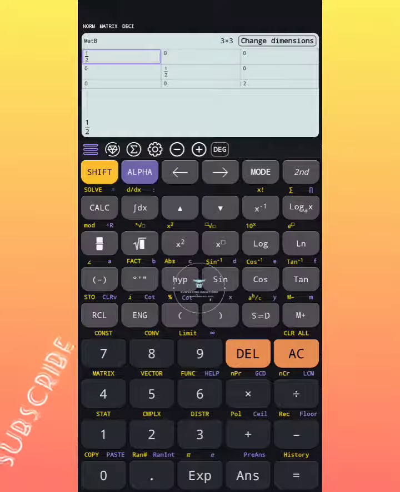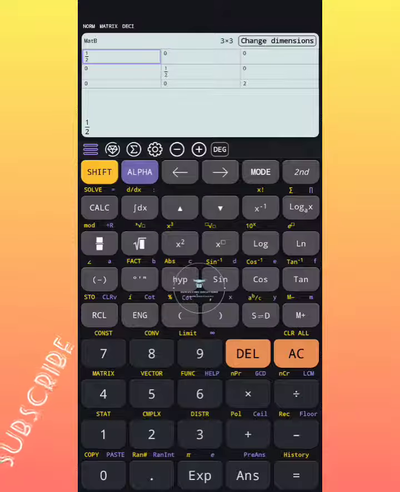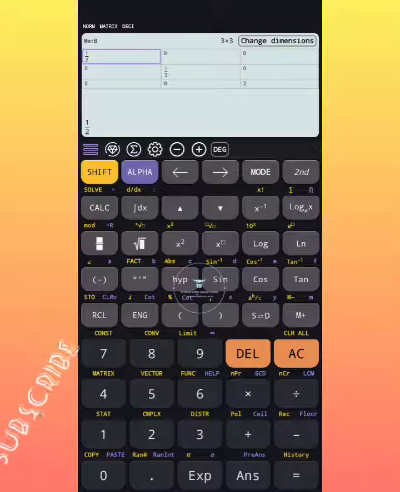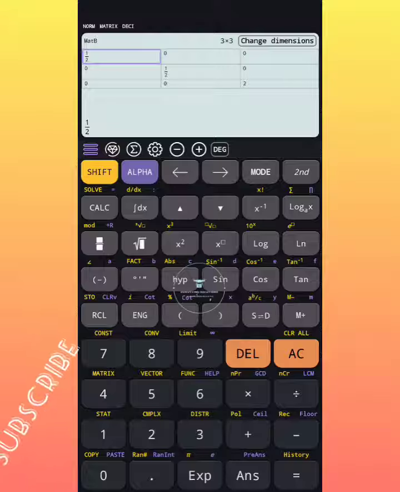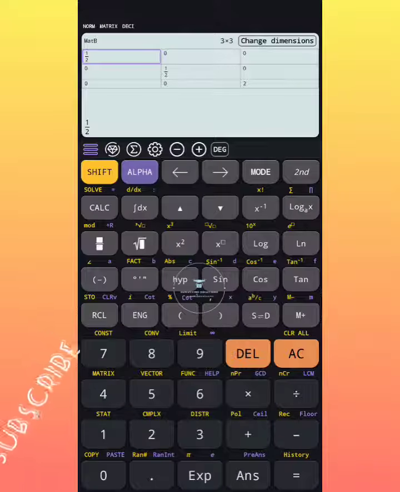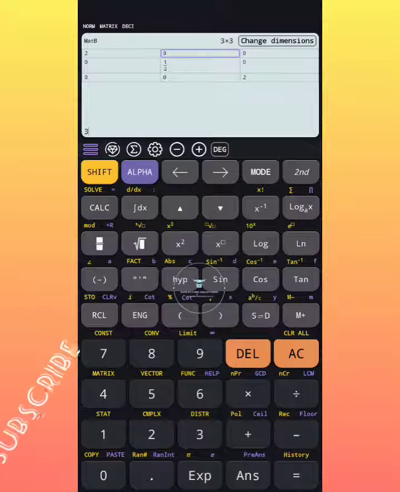So you also say 1 on your calculator. So you now see the array for Matrix B, where you can input the elements on your calculator. And as you can see on the screen on the mobile app, we are on the 3 by 3 matrix, and we want to input the elements of Matrix B. So the same thing we are going to do. 2 equal to, that's the first element,